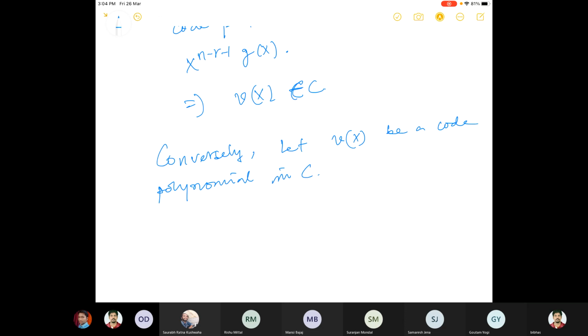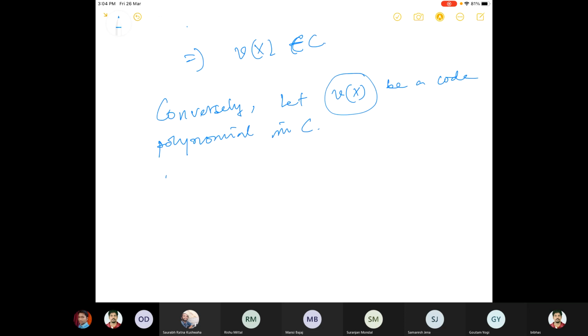So two things are in our hand. One is v(x), another one is g(x). So we have to play with these two. Nothing else is known. What we can possibly do is, v(x) has degree n minus 1 or less, and g(x) has a minimum degree. So we can divide v(x) by g(x). That is the thing we can do, because we have only two polynomials and we have to play with these two. So divide